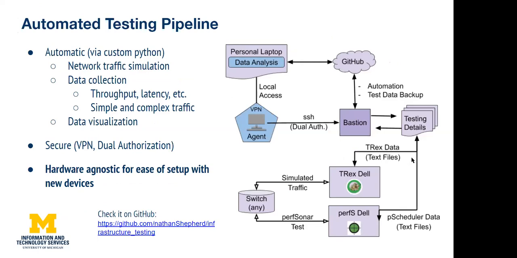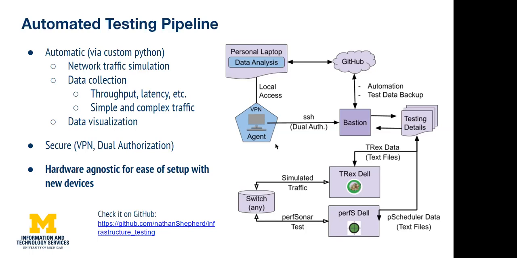And the way that I was able to simplify the process of T-Rex actually sending this data across the network was by writing a Python-based automation tool, which is able to execute the tests, determine what the tests are exactly, as well as get the information back from each of the devices without having to individually SSH into all of them, and then backing it up, doing data analysis, and essentially simplifying the whole process of simulating traffic on any switch. It's also a very secure method